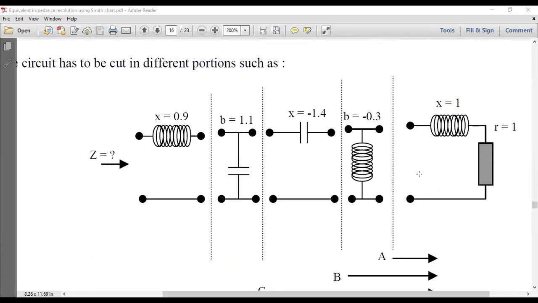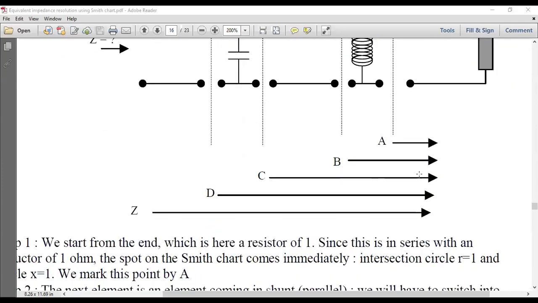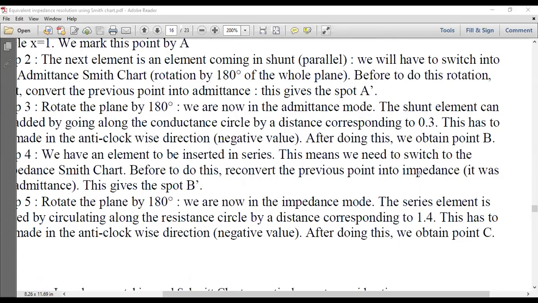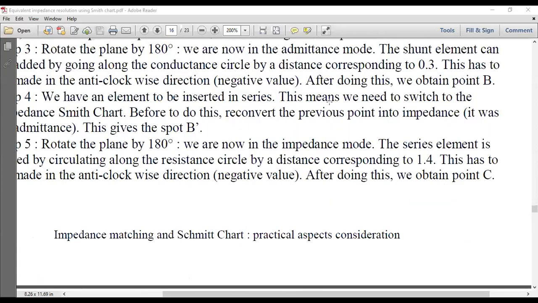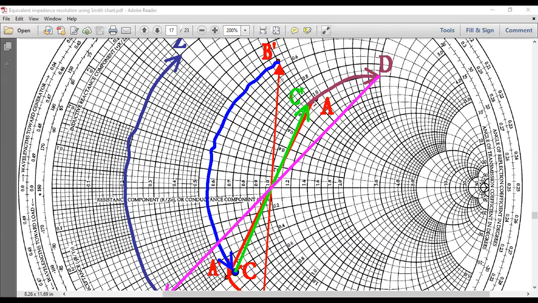You can say, sir, you just take the inverse. That is okay, you can do it mathematically, but we have to solve it on the Smith chart. On the Smith chart, it is a very simple step. What you have to do? This is A, and this is your first part, which we did. I'll take another color so that it will be easy for you.